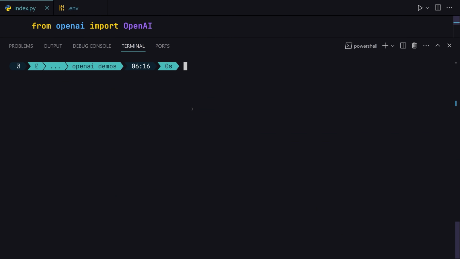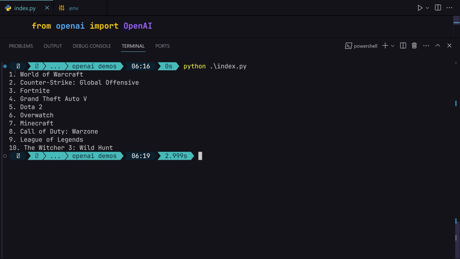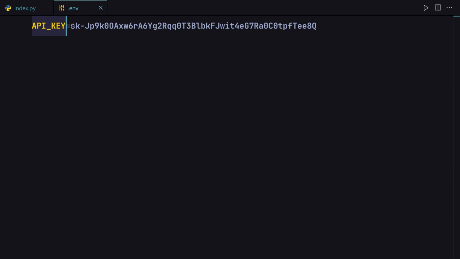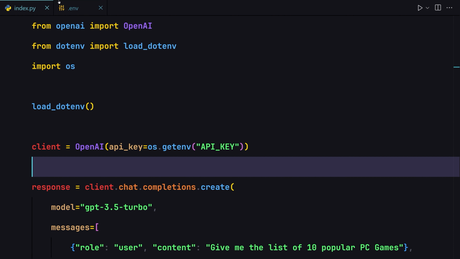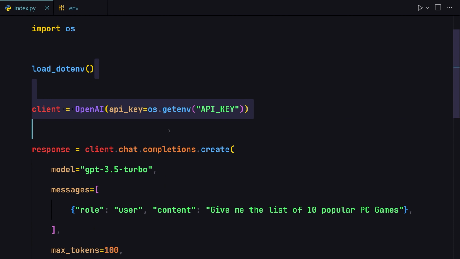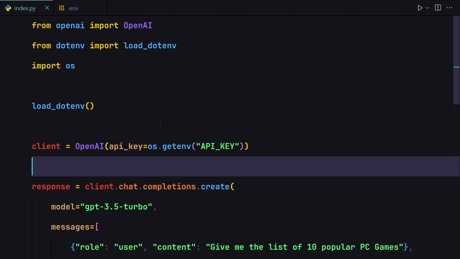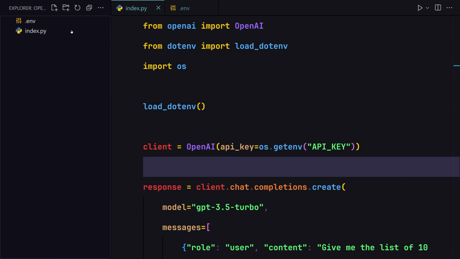Okay, so if I just write python index.py, and now if I hit enter right here, let's just wait for that, and here you can see everything is working totally correctly. Which means we are now accessing this API key from this .env file to this actual file. So now the final thing which you have to do is that we have to just create